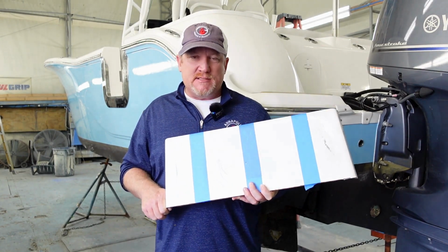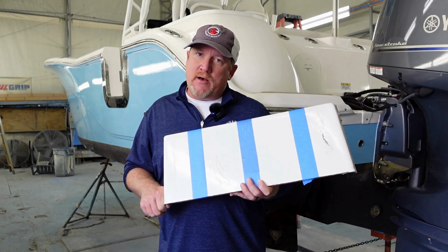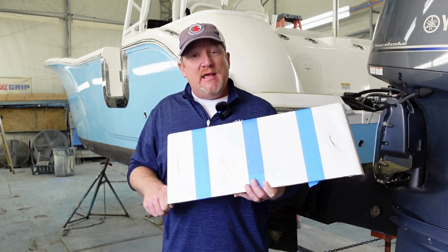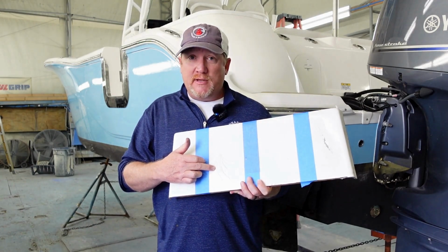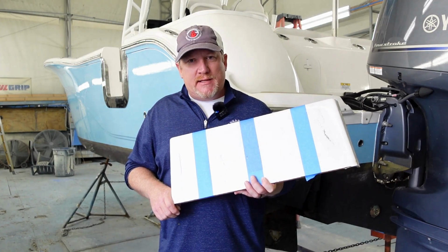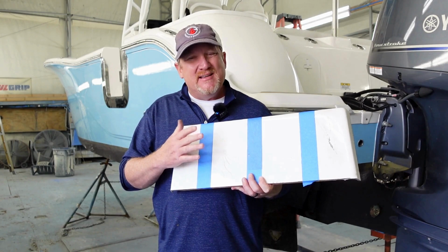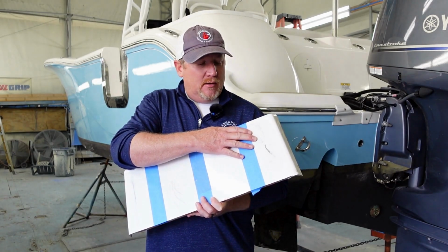Why are spider cracks real important to fix? It's because of how the spider crack happened. Spider cracks typically happen because of an impact. If you have impact damage and you see gel coat gouges such as this, there's a really good chance that the problem is beneath these gel coat gouges and actually into the fiberglass. Similar to the gouge that we talked about over here, but